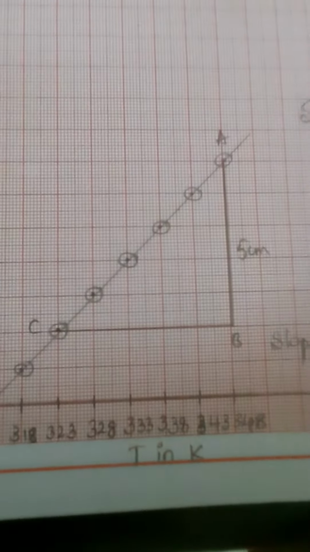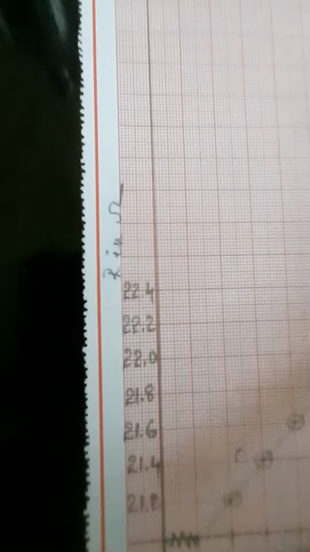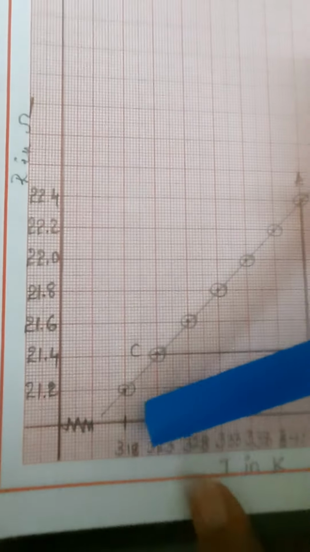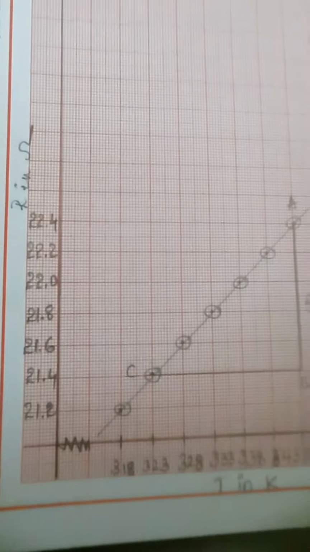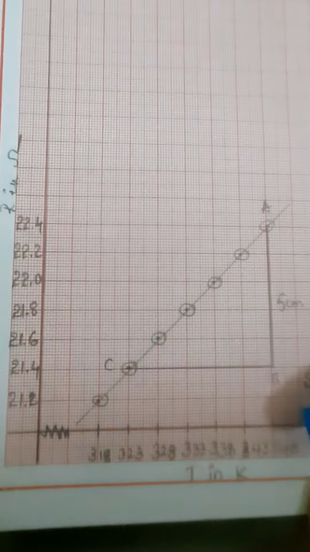To convert to Kelvin, you have to add 273. So when you add 273, for 45 you will get 318. Next 323, like that up to 80 you have to calculate.